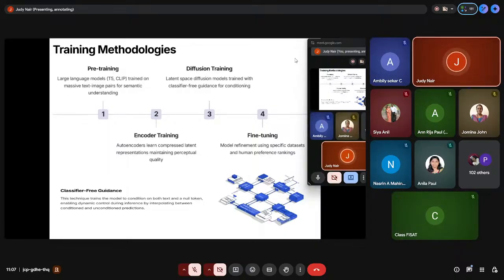Then it uses the second component. As mentioned here, for the encoder they are using a variational autoencoder. We know the encoder takes the image to latent space, and the decoder takes it from latent space back to the image. What is the purpose here? If you're giving a 512 image, it makes the diffusion faster and cheaper. Then, as typical for the training, the third step uses the UNet only.